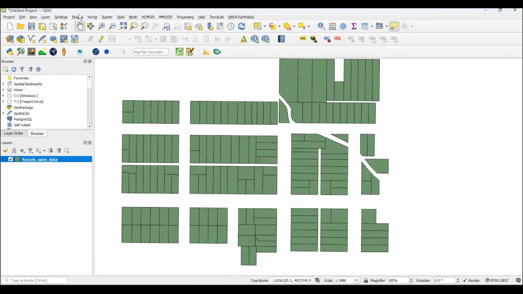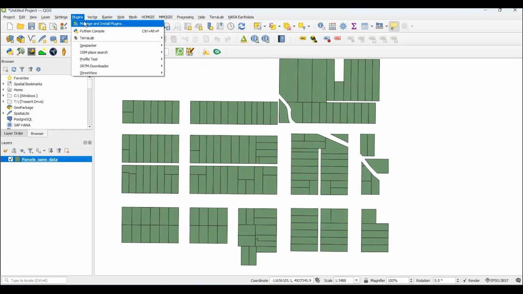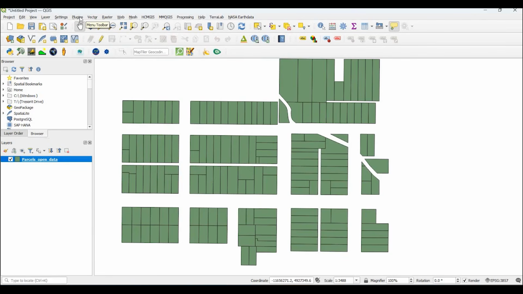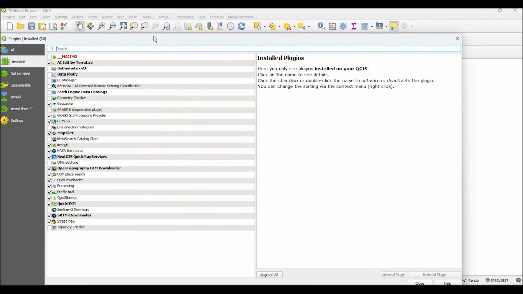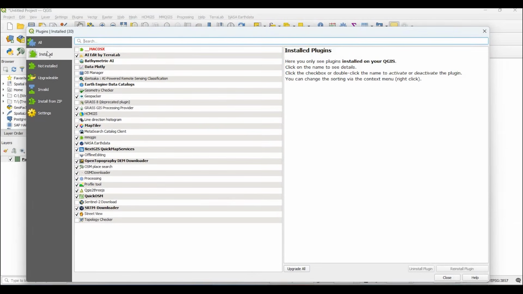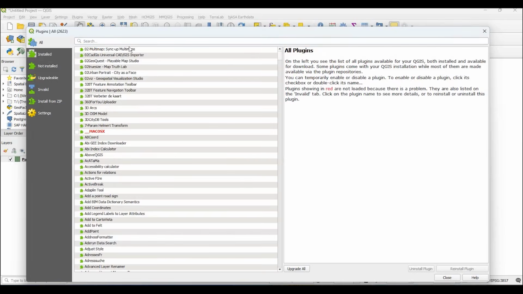Okay, the next thing we're going to do is add the QGIS Dashboard plugin. To do that, let's navigate up here to the top menu to Plugins, select Manage and Install Plugins. Be sure you go up here to All so you can search everything that's not installed. So go ahead and type in dashboard,